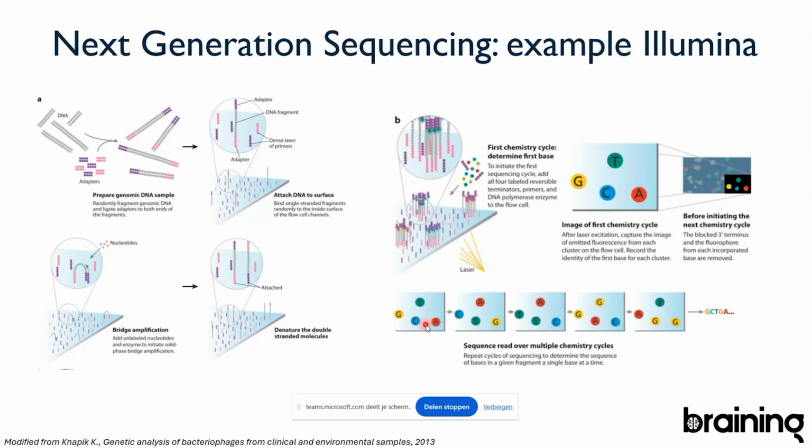So that's basically what you see here. For the left cluster, you have a guanidine, cytosine, thymidine, guanidine, adenosine, right? And the high throughput concept comes from having different clusters on the same flow cell, and all those different clusters can be read out at the same time. So that's how Illumina sequencing works. As I said, it's one of the more common short read sequencing methods, at least.